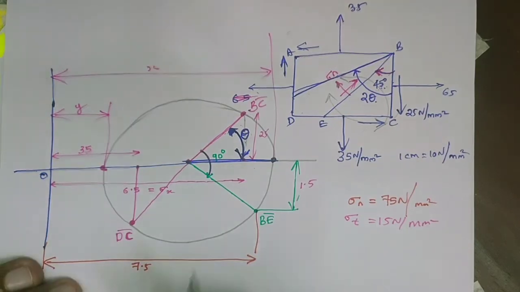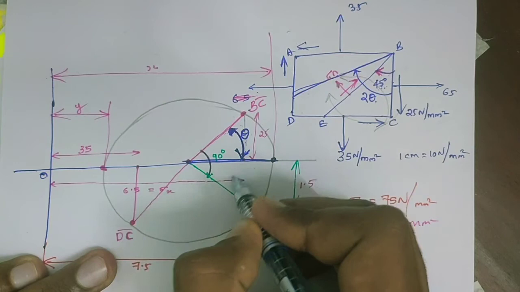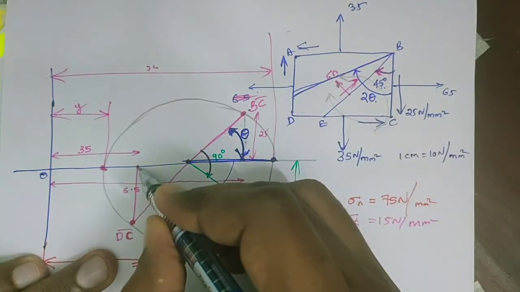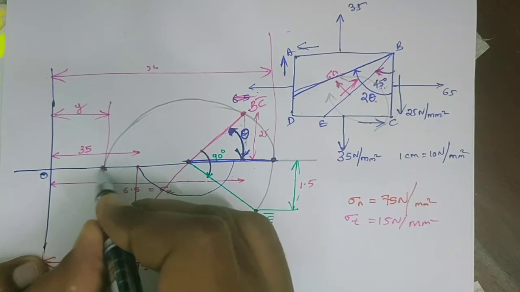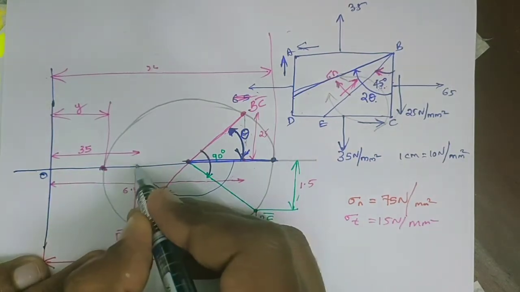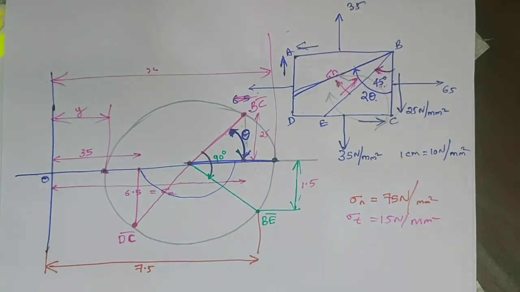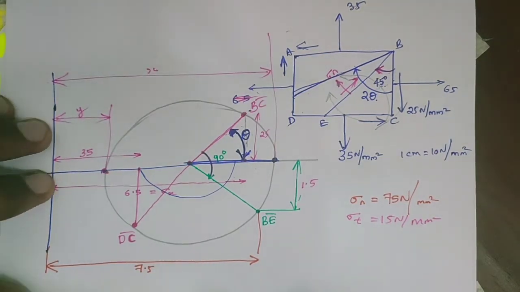The other point will be 90 degrees apart, because here the next principal plane is 180 degrees apart, so half of this will be 90 degrees apart. So this is the method of drawing the Mohr circle and calculation of the normal stress and shear stress on an